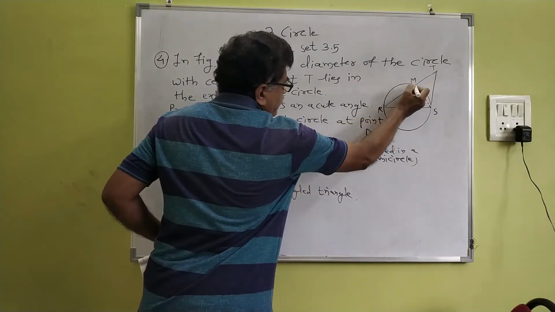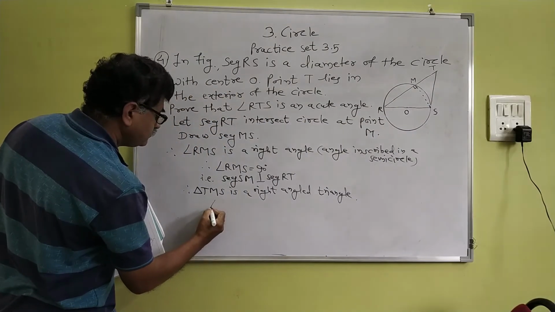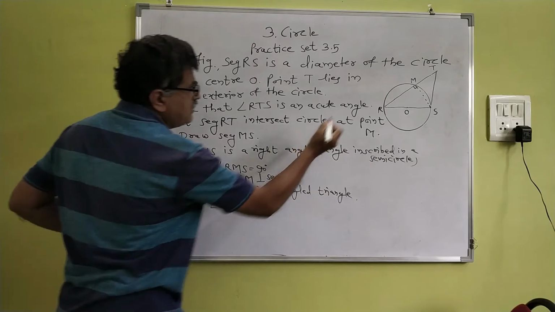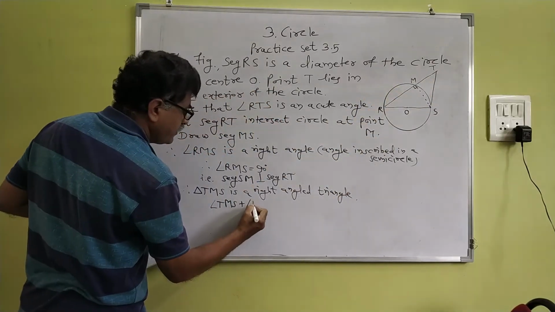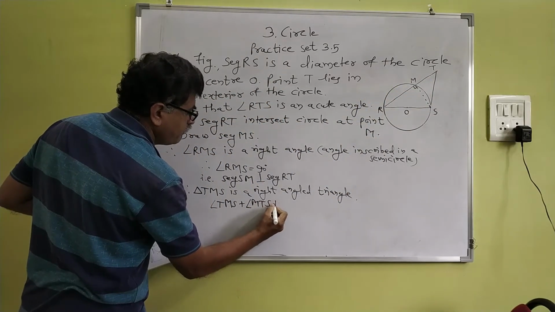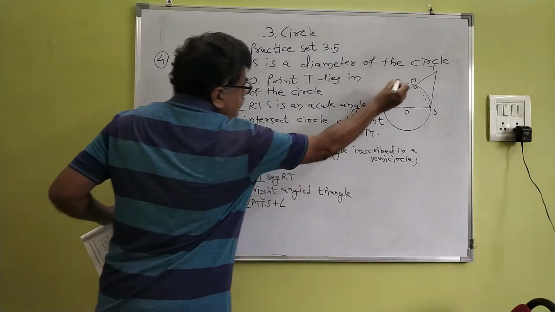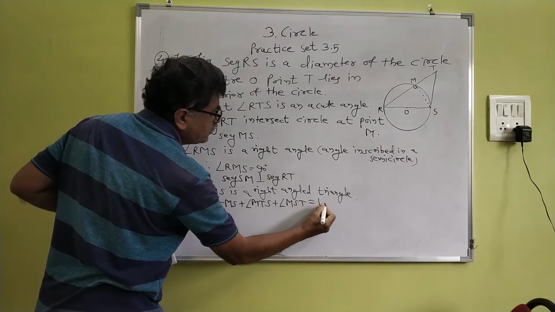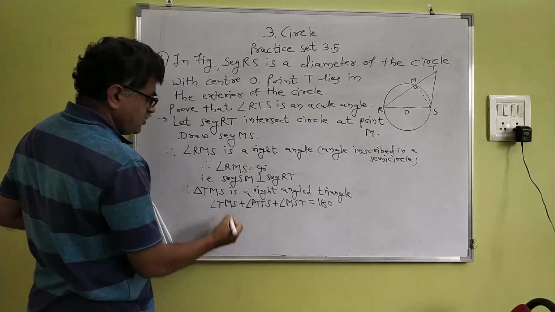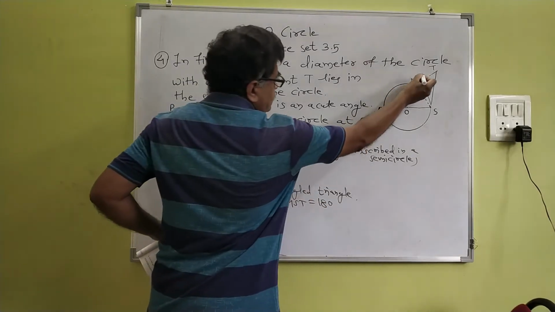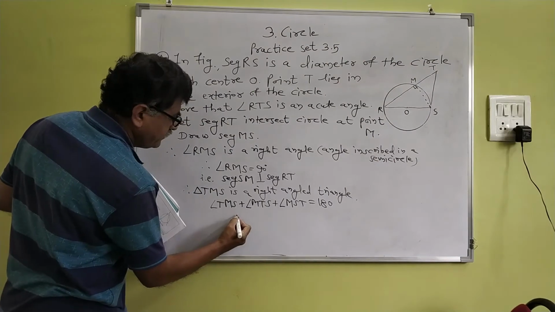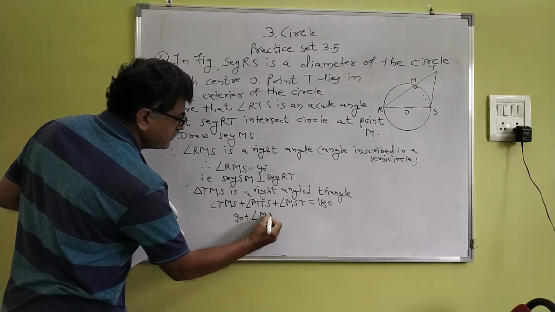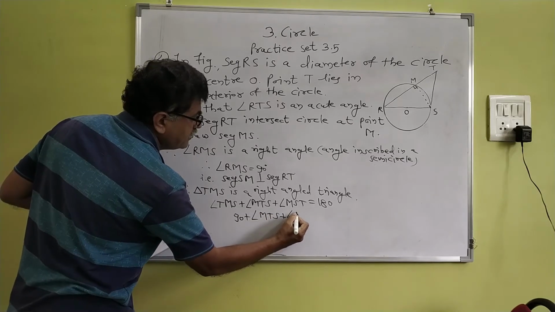Therefore angle TMS plus angle MTS plus angle MST is equal to 180. Now put the value of angle TMS, which is 90 degrees: 90 plus angle MTS plus angle MST